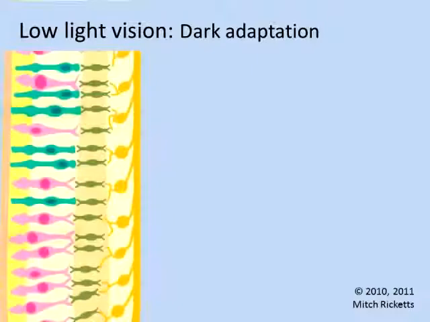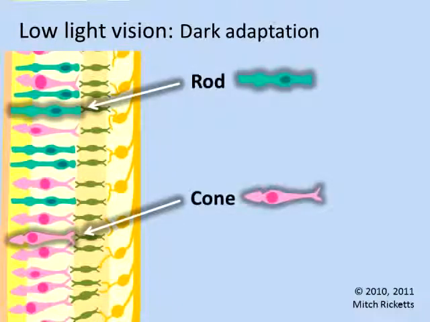Another way our eyes adjust to dim light is through a process called dark adaptation. After being exposed to bright light, the rods and cones lose some of their sensitivity. When the eyes are in the dark, the rods and cones regain their sensitivity over time. After about 30 to 40 minutes in the dark, our eyes achieve full sensitivity and we say the eyes are